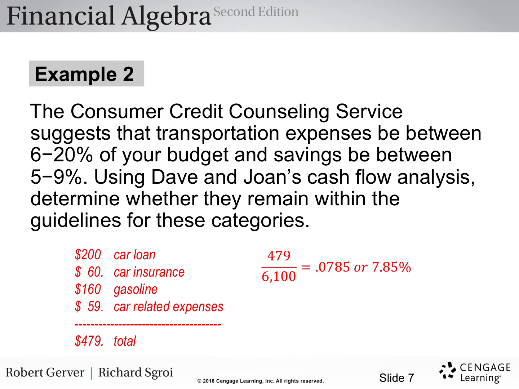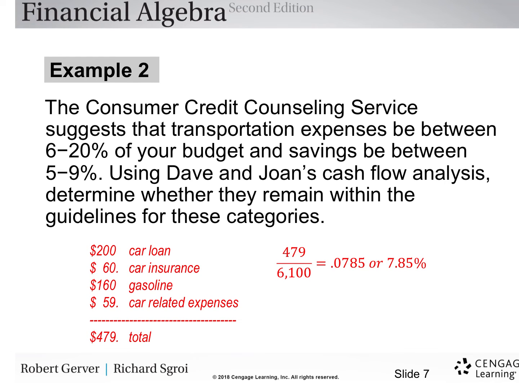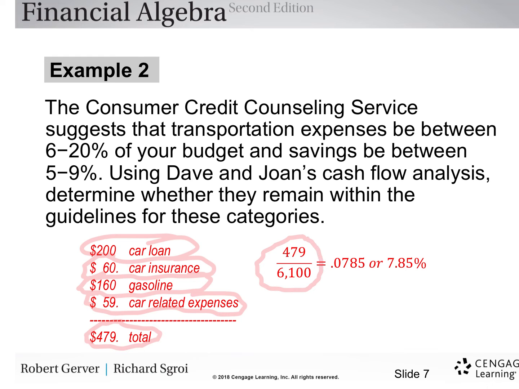So let's look initially at transportation. They had $200 for a car loan, they had $60 for car insurance, they had $160 a month for gasoline, and they had $59 a month for car-related expenses. They add all these up and they come out with $479 per month for transportation. Now, they take the $479 and they divide it by the amount of income they have, which is $6,100, and they come out with